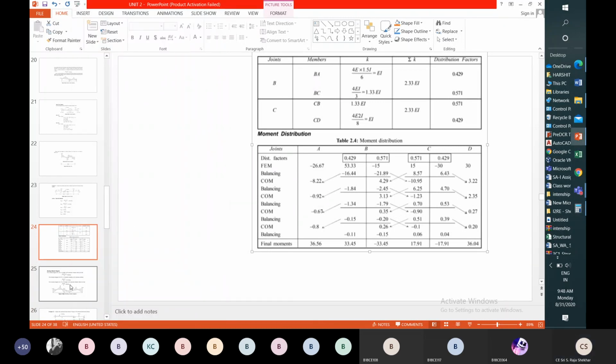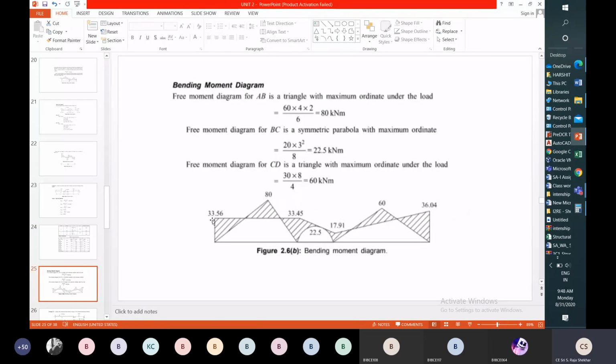Okay, after that we have to draw the bending moment diagram. So this is a variation of the bending moment diagram. This is also similar: first we have to draw the end moment diagram, draw చేయాలండి. After that, the applied moment diagram we need to draw. Bending moment diagram due to applied load we have to draw. After that we have to add the extra portions. This is called the net bending moment diagram.